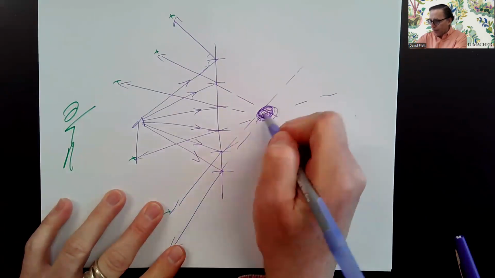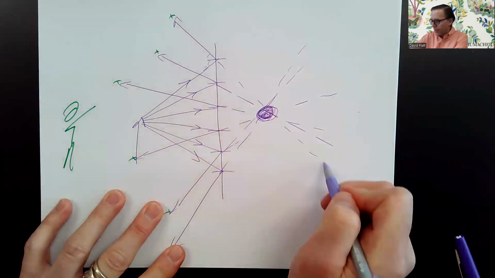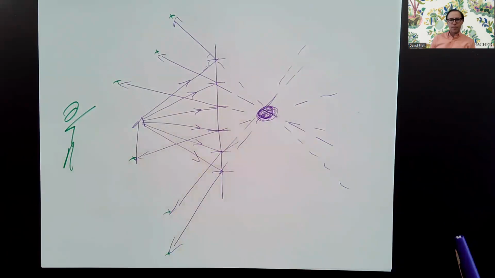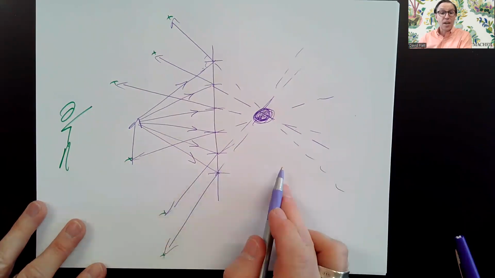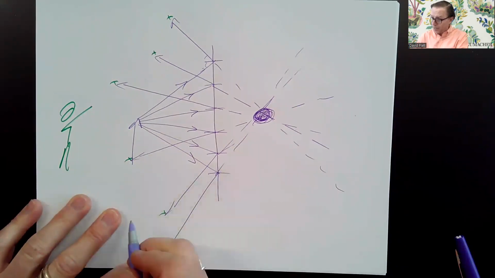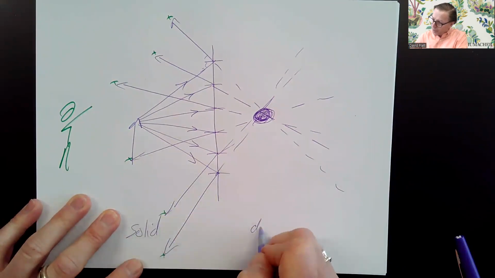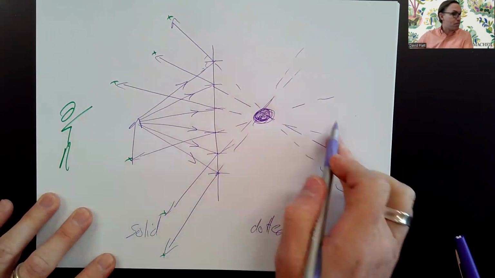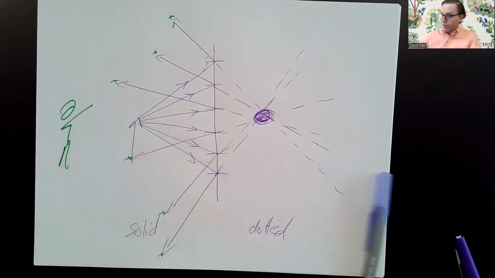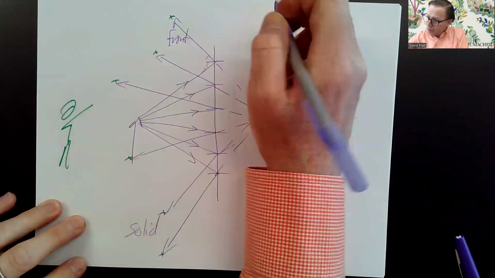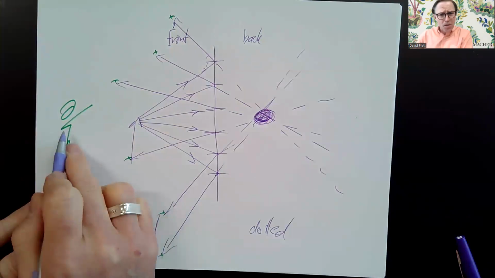This one and this one, they all pretty much come from there. Do you notice that I drew my rays on this side with solid lines, and my rays on this side with dotted lines? That's because this is the back side of the mirror. Does the light really go over here? No, this is the back side. The light stays on this side, the front side of the mirror. This is called the front side. It doesn't go over here onto the back,